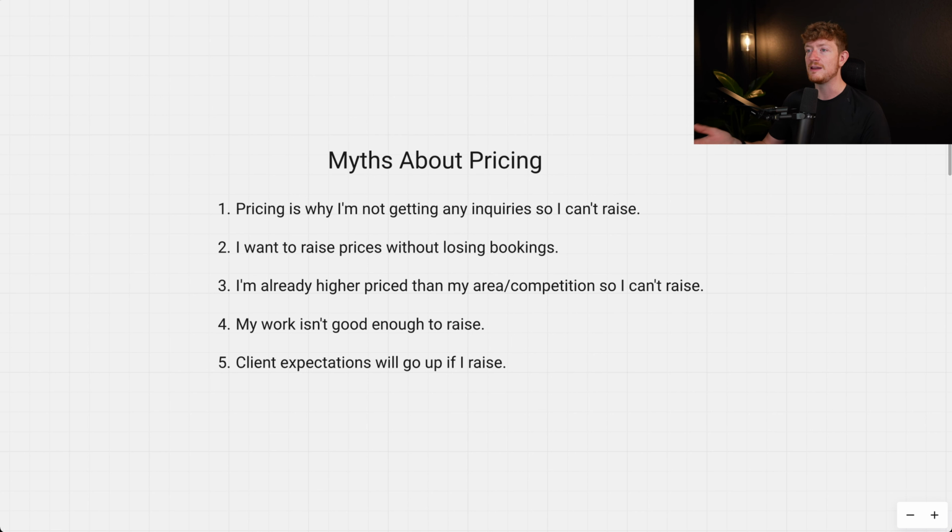Now, like I said, if you're only getting 5, 10 weddings a year and you want to be doing 30, then you should probably look at your marketing before raising prices, unless you're jumping market segments. But typically, when you raise prices, you will be losing bookings, but that's okay. That's a good thing because you don't want to shoot 200 weddings a year, unless you've got associates, in which case you could just fill that with marketing.